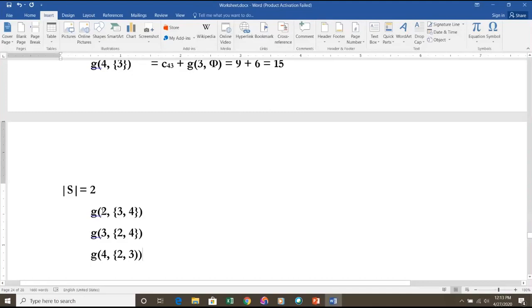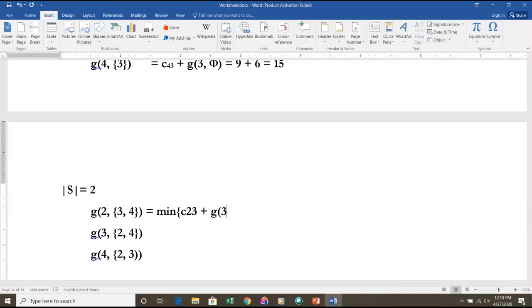One path is, from 2 it can take the path to 3. One more option is it can take the path from 2 to 4. Two options are there. Since there are more than one option, you have to now use this minimum function. So it is min of, first take 2 3, so that is cost of 2 3 plus, now apply the g function recursively. We have taken 3 here, therefore start from 3.